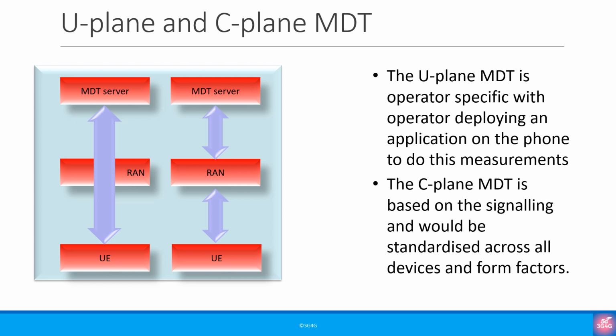The user plane approach works with the operator deploying or asking the user to deploy some application. Once they do that, then the application continuously or regularly runs and collects a log and other information. This approach would be specific to an operator or a vendor. In the control plane based approach, the network would use 3GPP based signaling and messages. This approach would be the same across all devices and networks. Having said that, each vendor will use their own set of messages and sequence of messages to optimize the network.